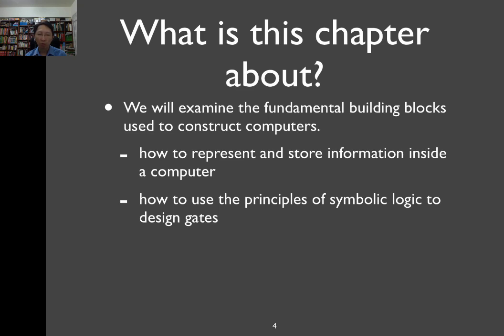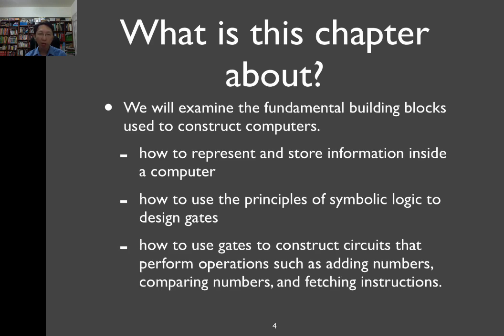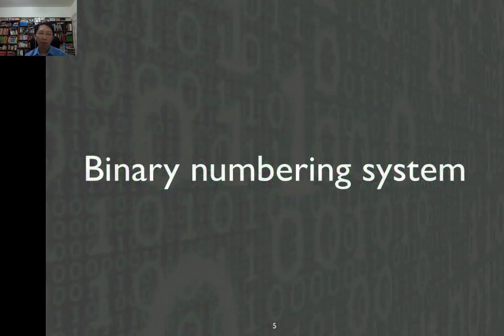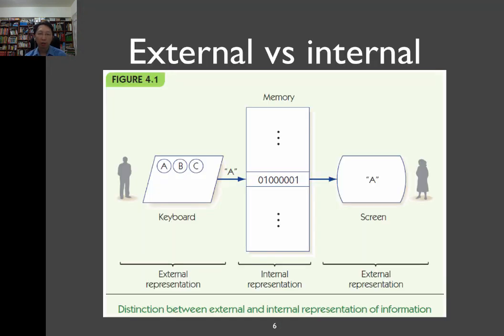gates？如何用这个所谓的符号逻辑来设计闸呢？How to use gates to construct circuits that perform operations such as adding numbers, comparing numbers, and fetching instructions？我们会学到如何用闸来建制这个线路，这个线路呢，它会能够加数字、比较数字，还有抓取下一个的指令。So the first topic, binary numbering system，二进位数字系统，或者说二元数字系统。